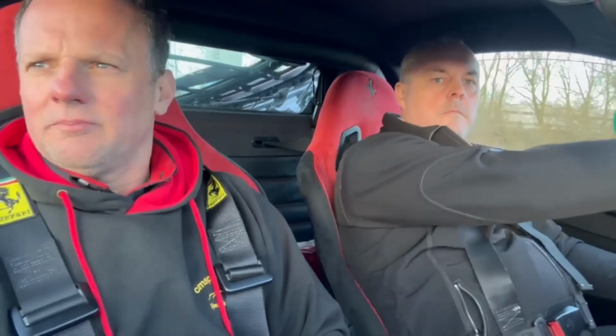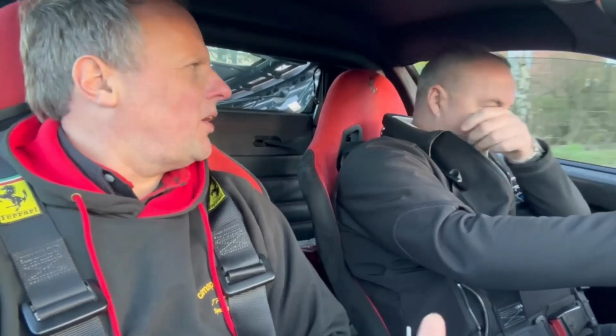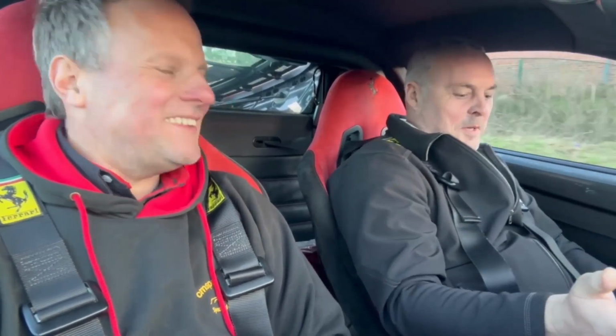It's 425 horsepower approximately. Well, you've got green, you're lucky. It's about 200 kgs lighter than a normal 360. Quite a bit lighter. I mean, we have no carpets or anything, and that's part of its charm. Well, that's what I liked about this one. I can only compare it to my GT350R, which is